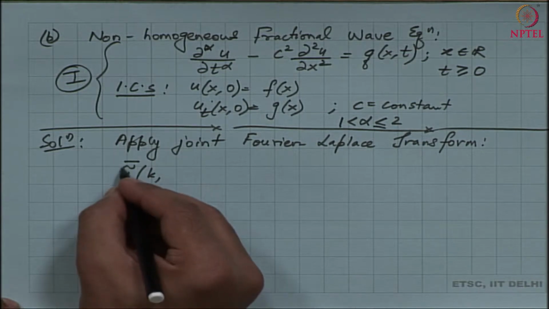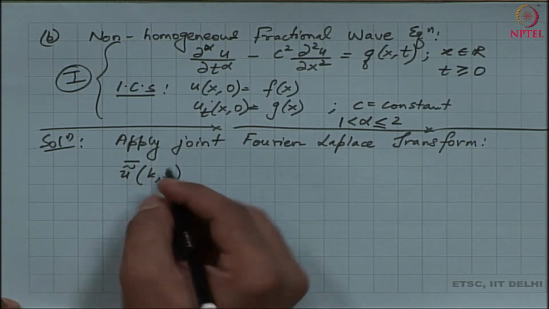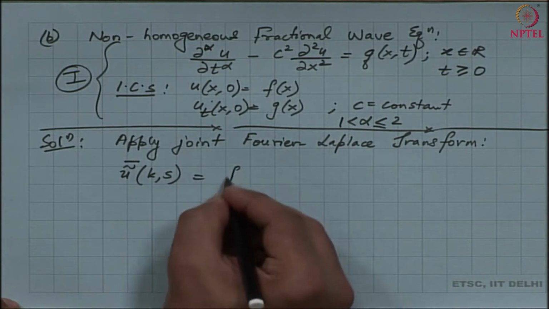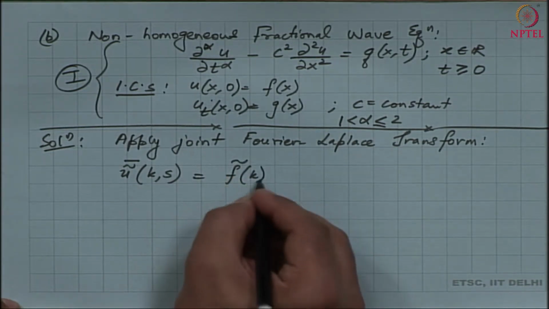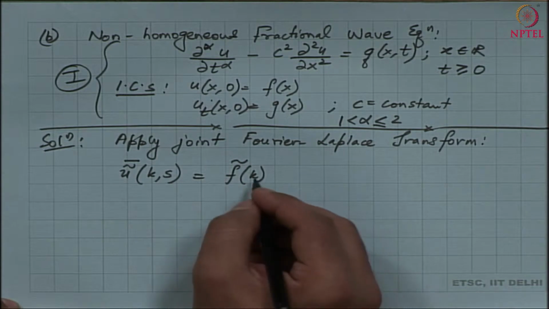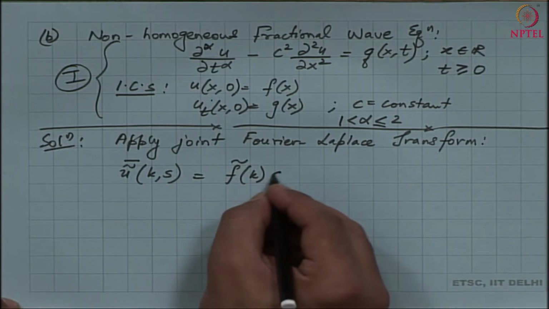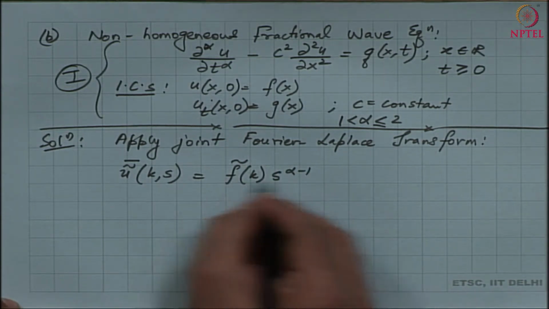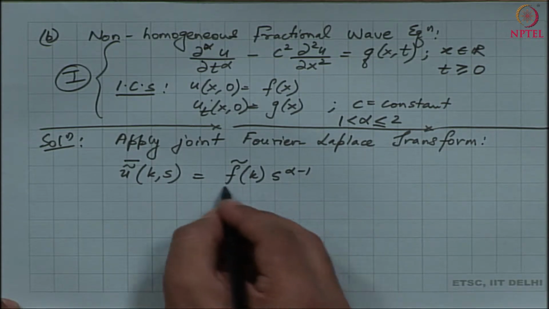Let me denote the Fourier transform by the tilde and the Laplace transform by the bar. So, u tilde bar is equal to f tilde of k, and I have applied all the transforms, so let me write down the solution in the transformed plane,